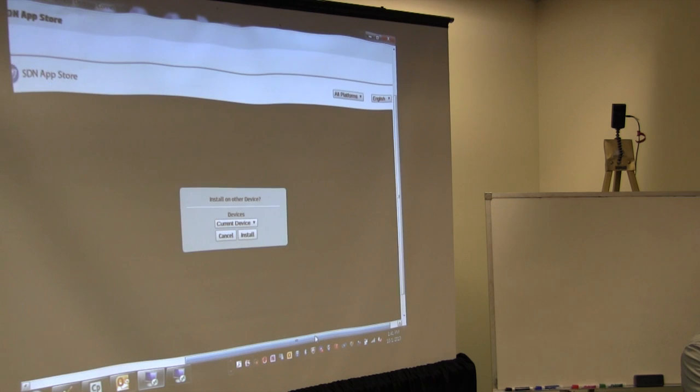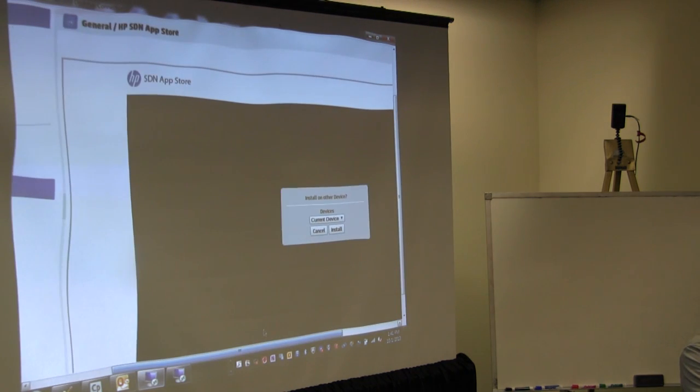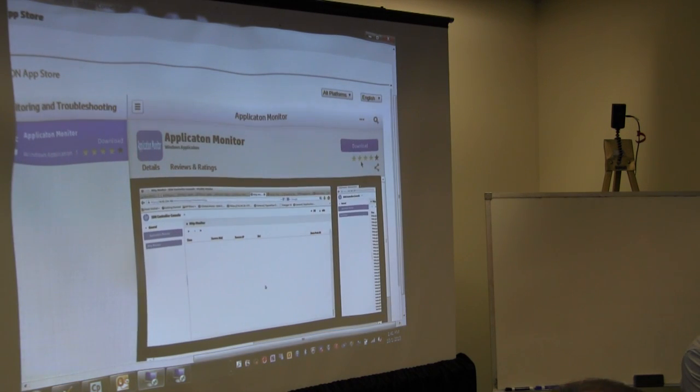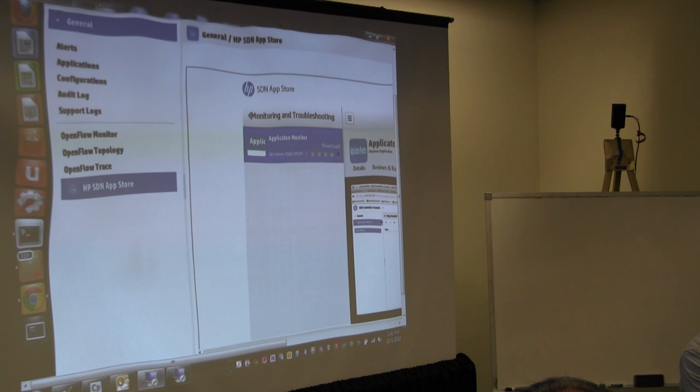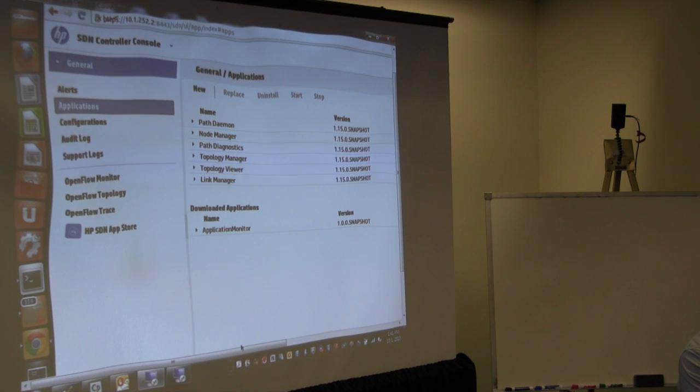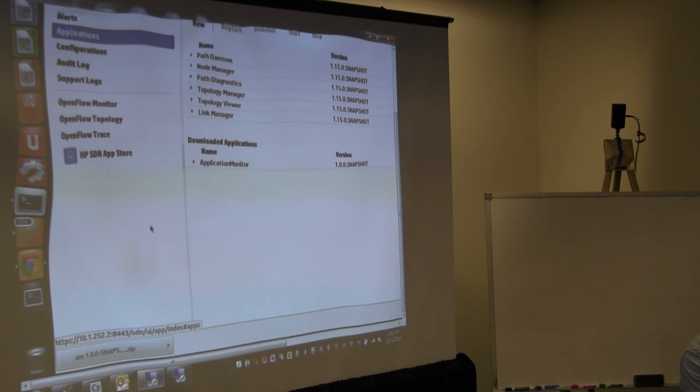Okay. It'll integrate with Touch ID then. Click download, and then we'll have different options. We can create an app store within something like IMC, have a major overall framework, or we can download it directly on the controller. I'm actually on the controller, so I just click current device, click install, and then it will start downloading. Sometimes I miss the download. It's actually a really small file. Oh, there it goes. So then I go to the applications again, and now it's back and active. Then if I go into my screen, refresh,